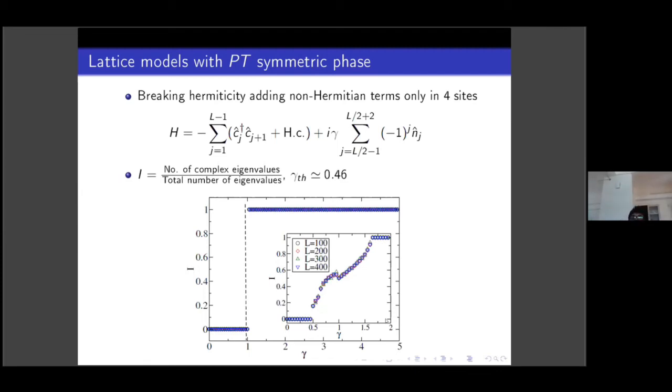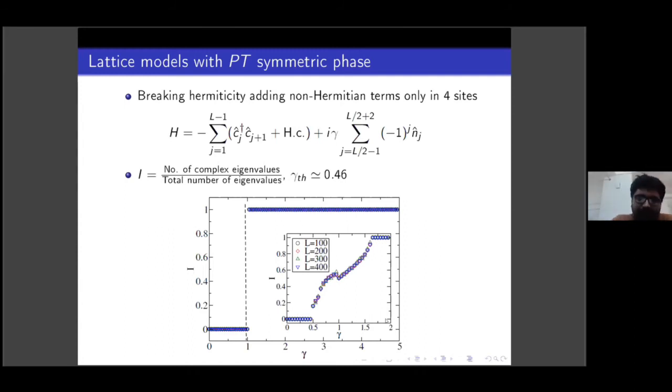But of course, now this phase will be shrinking, so it will be a bit difficult. That's my guess. If you have some finite number, no matter what, you will probably have some gamma threshold where you have a symmetric phase. But again, I don't have a concrete proof of that, it's just a numerical observation.